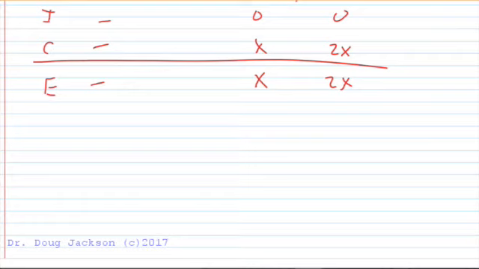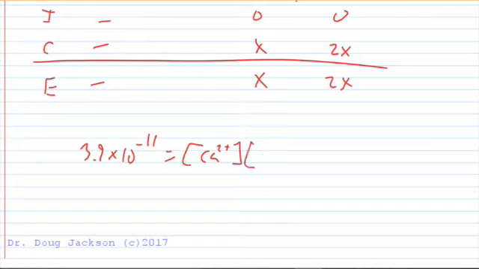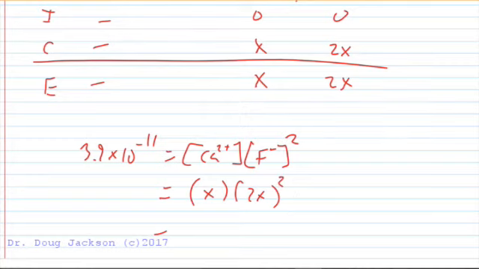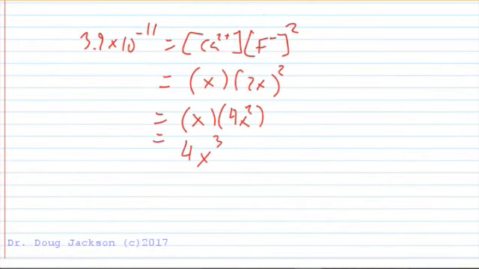So now, with our equilibrium constant equal to 3.9 times 10 to the minus 11, we care about stoichiometry all of a sudden, because our mole ratio for fluoride is 2, we have to square the term for fluoride. And so we end up with x times 2x, but that 2x is squared. And at this point, we end up with x times 4x squared, which ends up being 4x cubed. So we have to divide by 4 and then take the cube root, and when we do, we get 2.1 times 10 to the minus 4